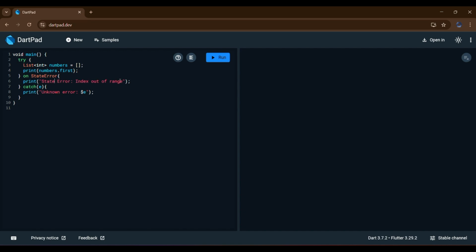list is empty. Additionally, we include a general catch block to handle any other unexpected errors. However, since this is a state error, the specific handler runs first. Handling such errors ensures that our program doesn't crash and provides a clear message when an operation is attempted on